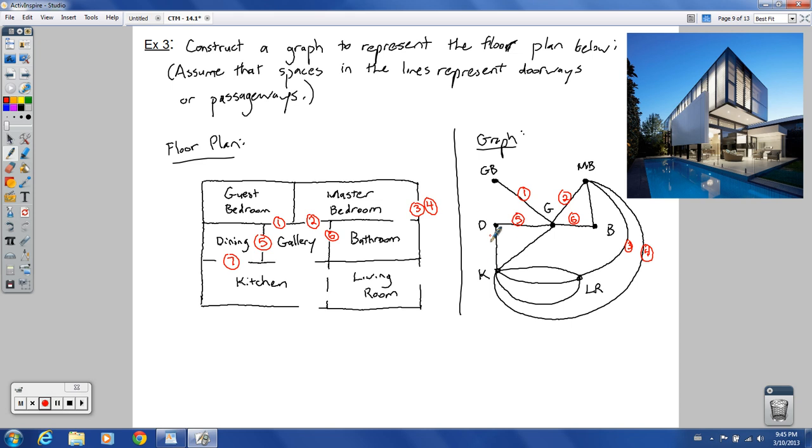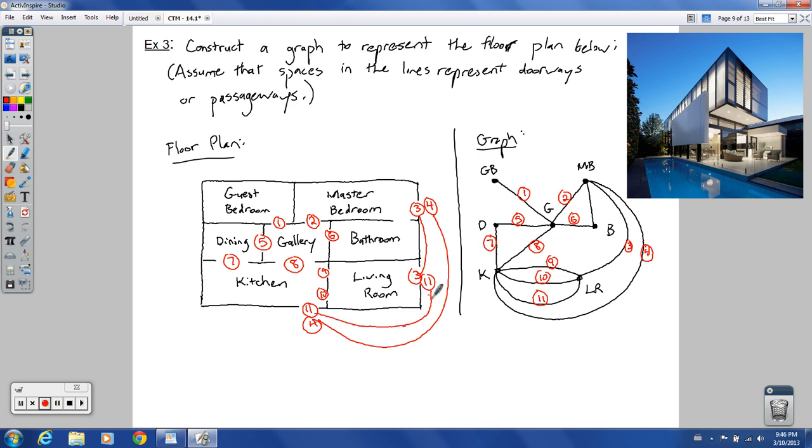Dining to kitchen, 7. Gallery to kitchen is 8. And then there's 2 from the kitchen to the living room, we'll call that 9 and 10. And then there's the outside one. Let's call that 11. So I think on here it'd be helpful to do something like that too. Just call that 4. We're connecting 4 to 4 there. Excuse me. This would be 3 and 11. So 3 would connect here to here, and 11 would connect